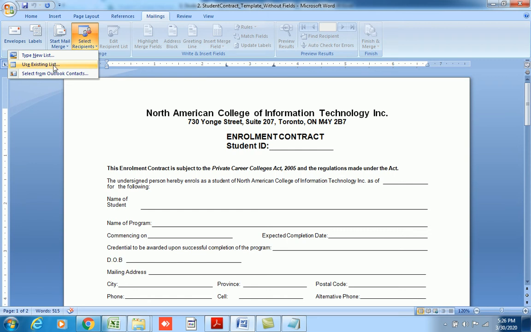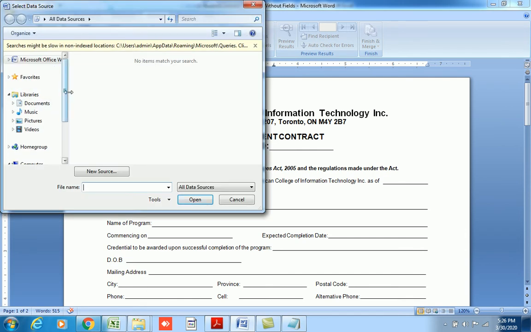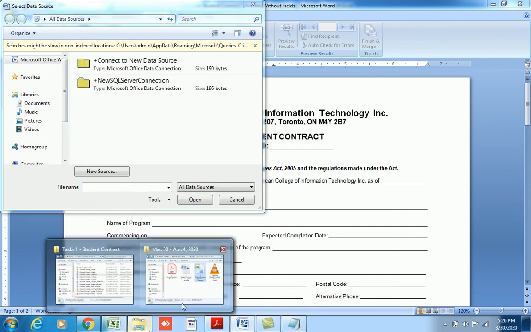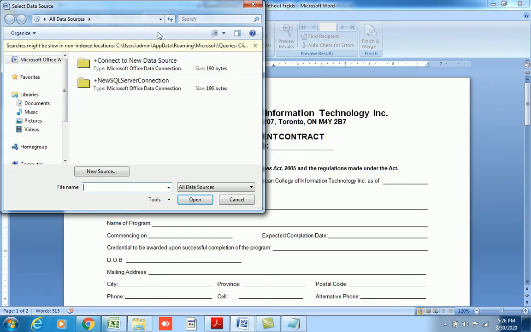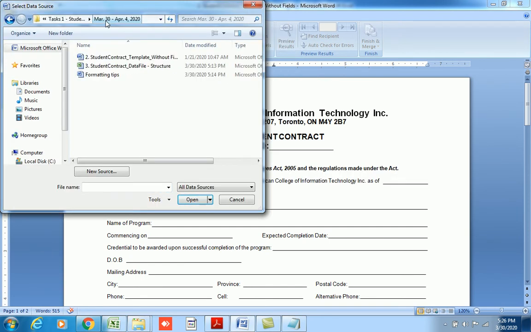So that's why we will click use existing list, and then it will ask you to identify where your source is. All right, so let me get my source. You would most likely save it in a folder under your name or wherever your file is. You will just navigate to that path. I just cut and paste to save time.